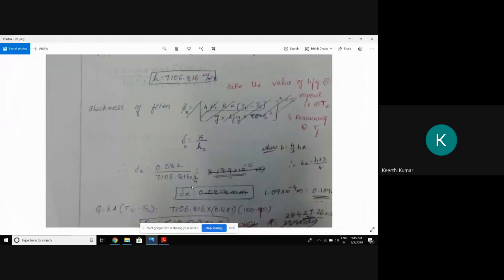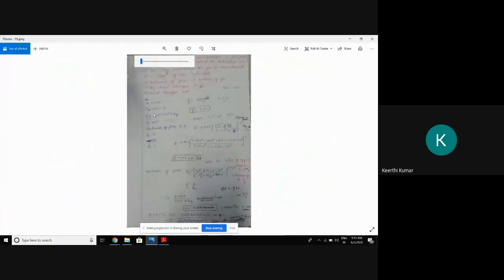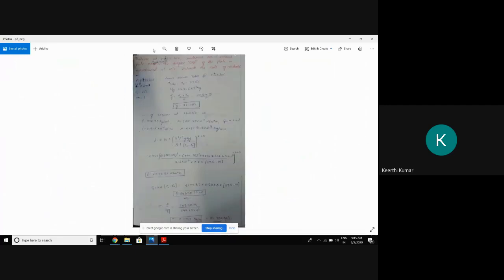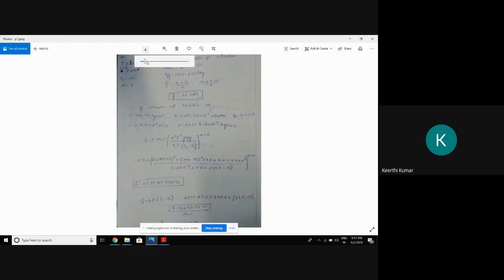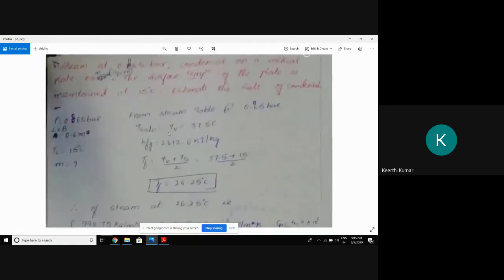Okay, I hope you have completed both methods and found the value of delta X as the same in both. So this is the normal procedure to solve a problem on condensation. We'll go for one more problem. Today I'll wind up by completing this problem.